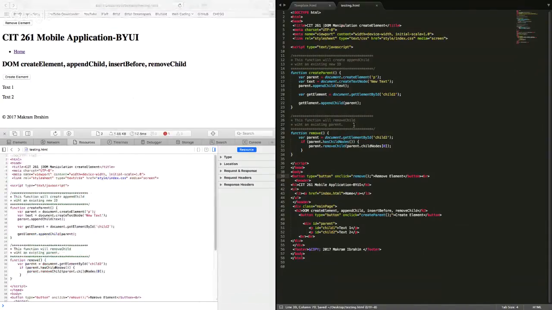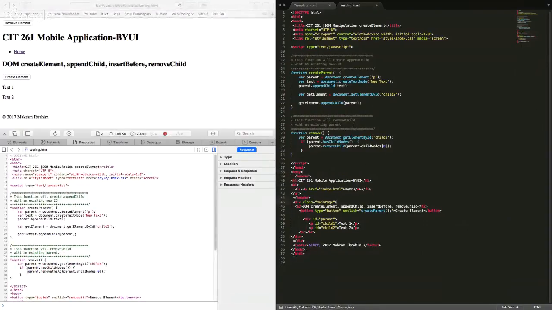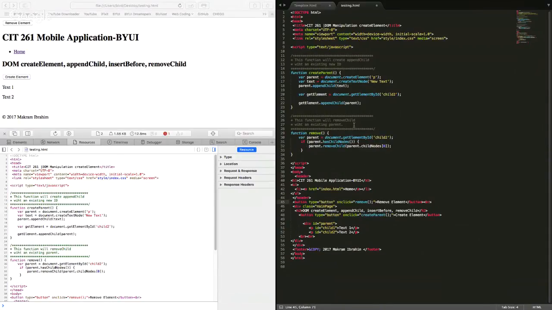Okay. Yeah. Give me a second. I want to try something. There. Body. Unordered list. What that does.